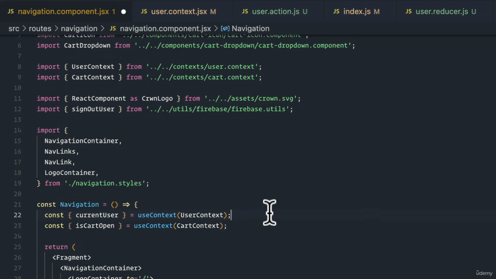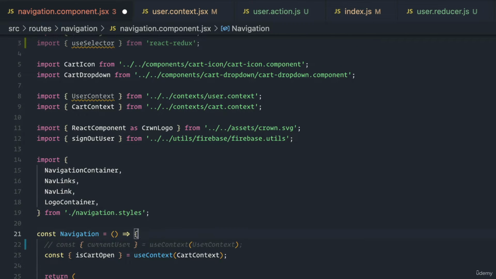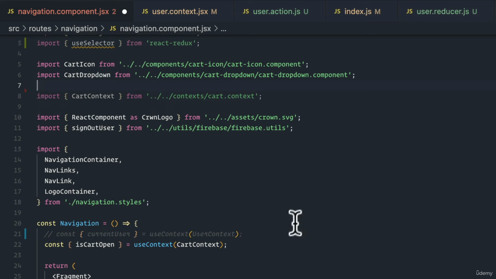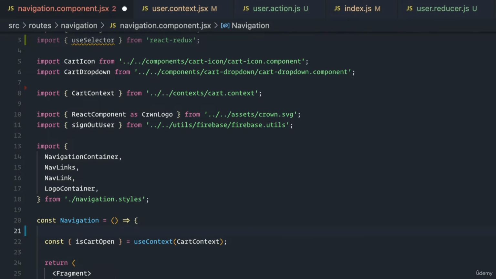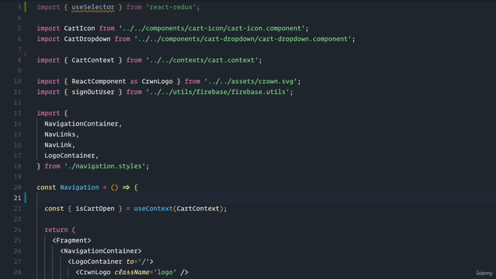What is a selector, though? So first, in order for us to make use of this useSelector, let's just get rid of what we currently have in context. useSelector is a hook that you pass a selector function. And a selector function is something that essentially extracts off the values that you want from the whole entire Redux